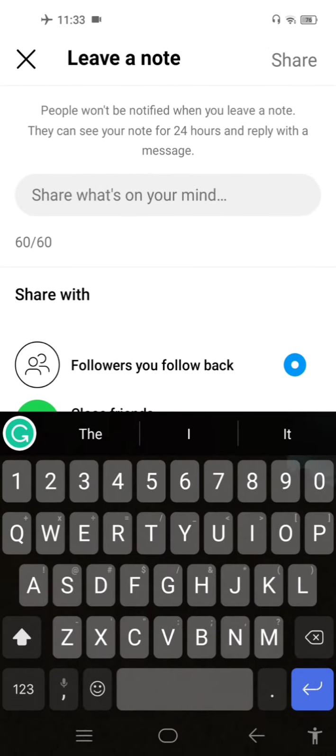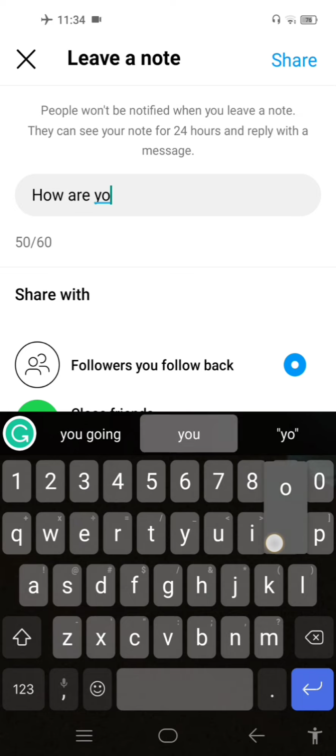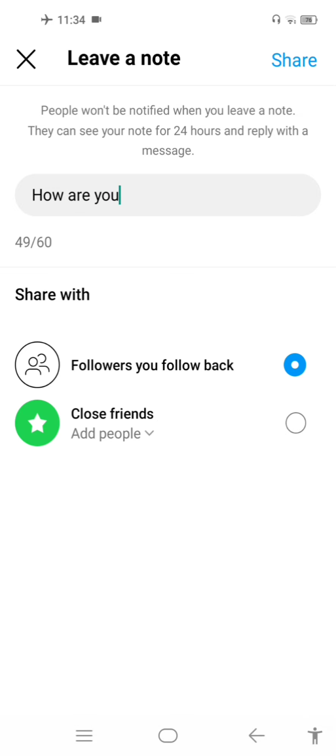If you are going to create a note, you can see people won't be notified when you leave a note. They will only see your note for 24 hours and can reply with a message. So guys, for example, I will type over here, how are you, and you can see over here the options: followers you follow back, or close friends. You can choose the option and you can click over here, share,